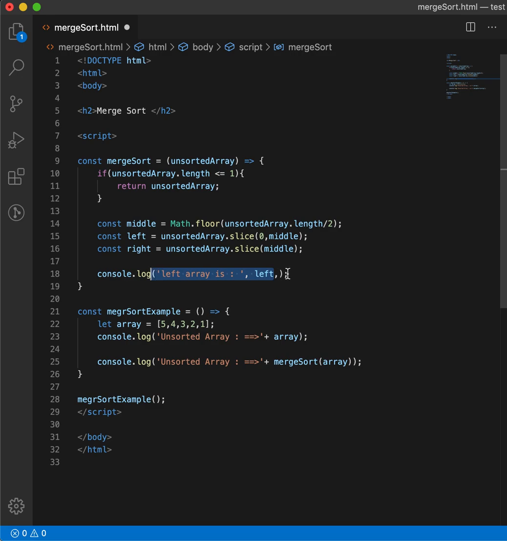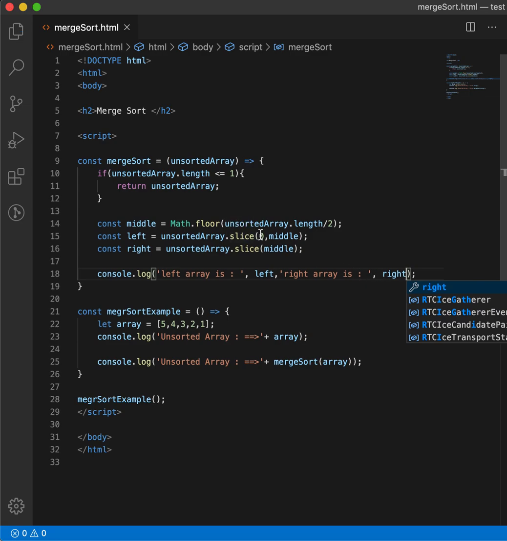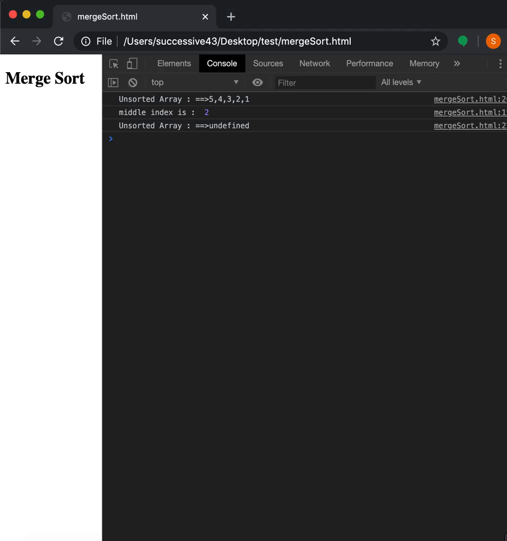Just copy this one, and here, right array is right. So from 0 to middle index, for our array the middle index is 2. It means 5 and 4 will be in the left array, and 3 to 1 will be in the right array. So just move to our browser,